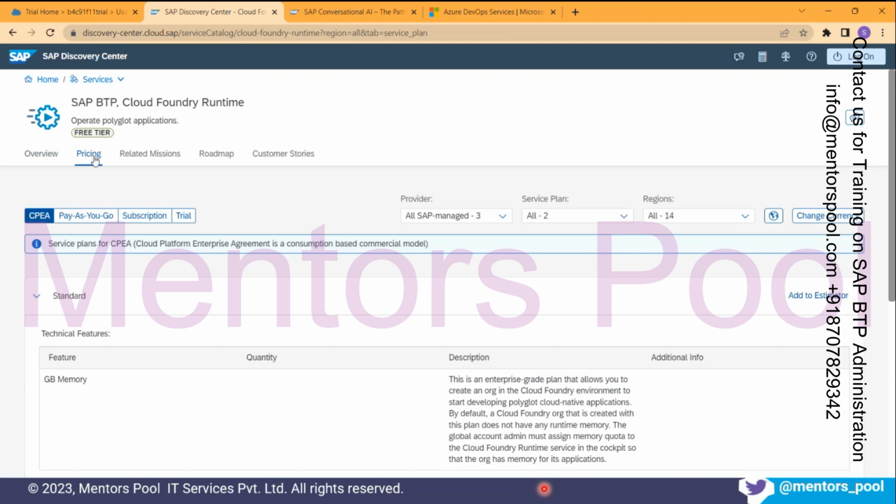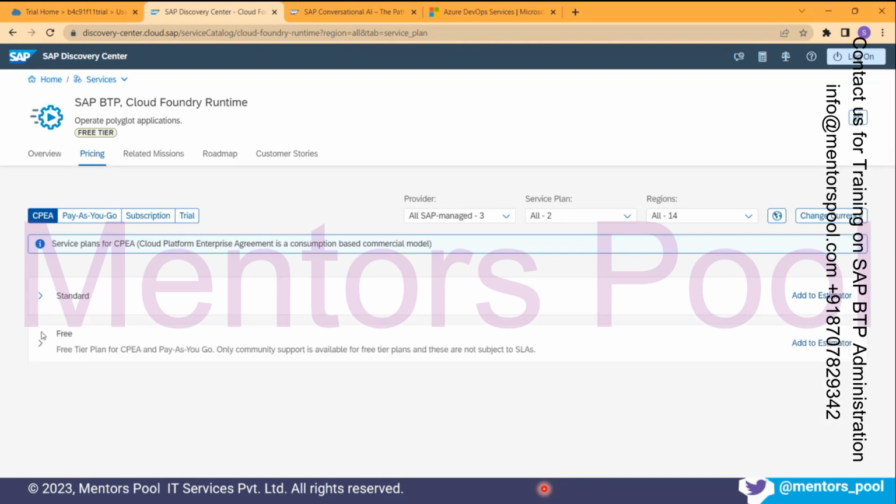Then the most interesting link that we have here is the pricing link. At least for architects and for developers who are responsible for pricing a product, pricing a solution, this is one of the most important tabs here, the pricing tab. Now if you see this in the pricing tab for the Cloud Foundry runtime service, you see two different